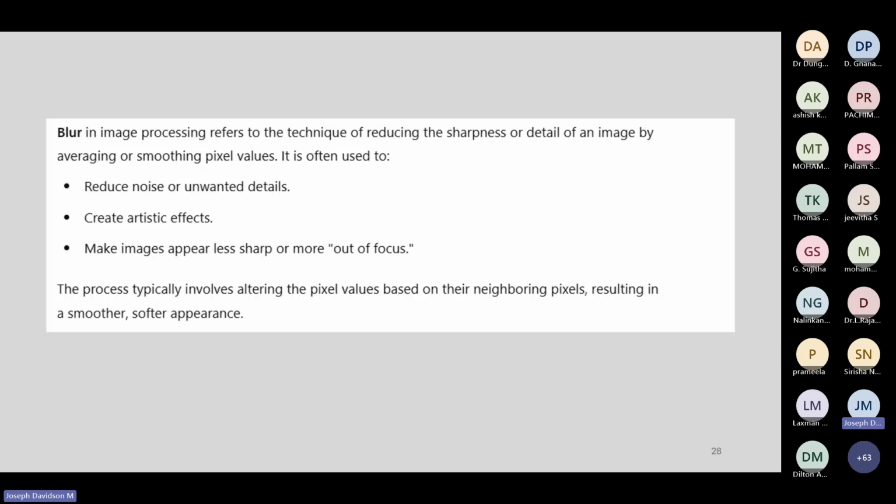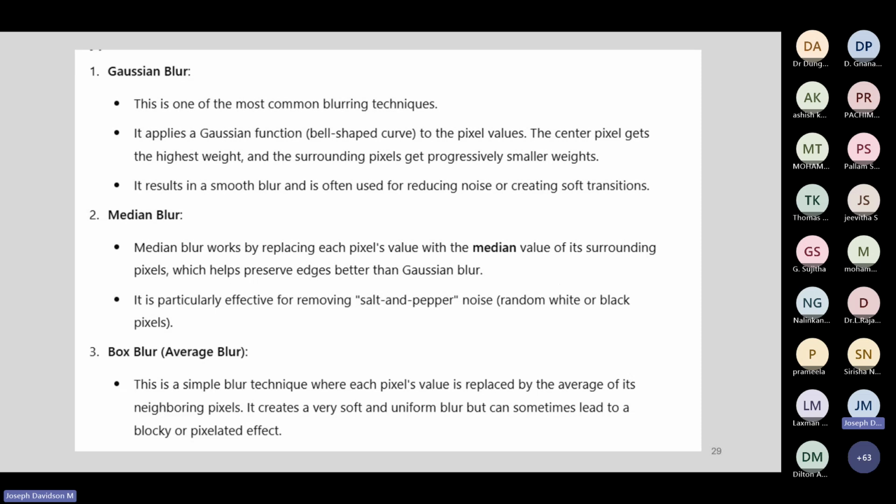I'll explain that. Blur in image processing, whether Gaussian, median or average, is used to reduce the noise. It purposely makes the figure less sharp, out of focus. There are different types of blurs, like Gaussian, median, box.